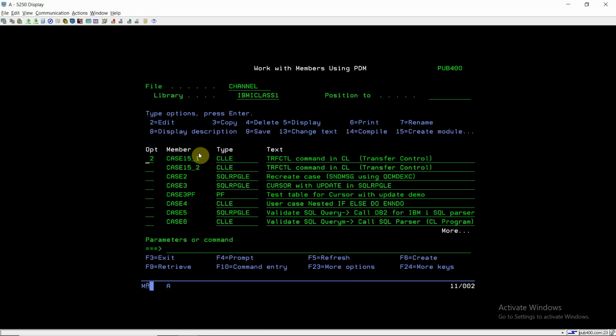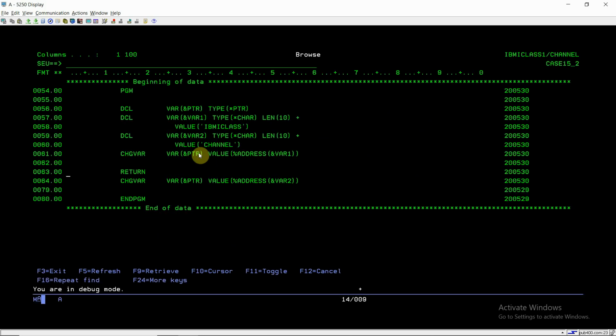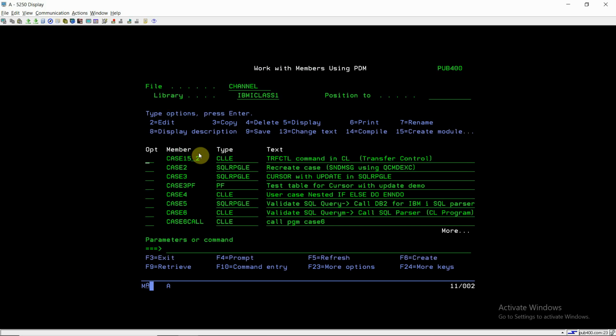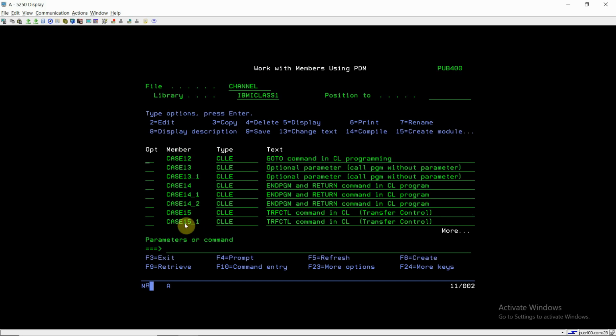In the 15_2 program we just have a line of code, and once 15_2 gets executed, 15_1, which is calling 15_2 using the TRFCTL command, will get removed from the call stack.